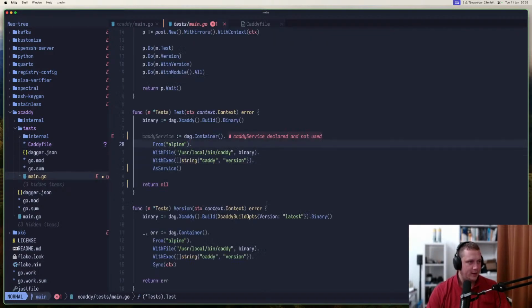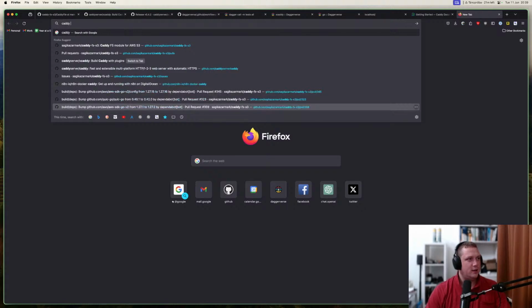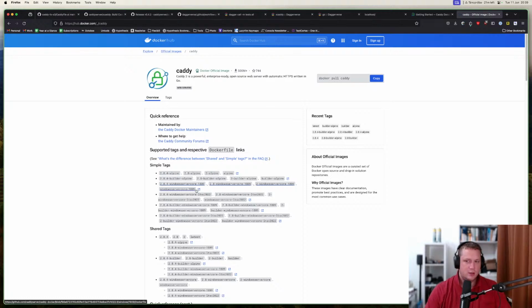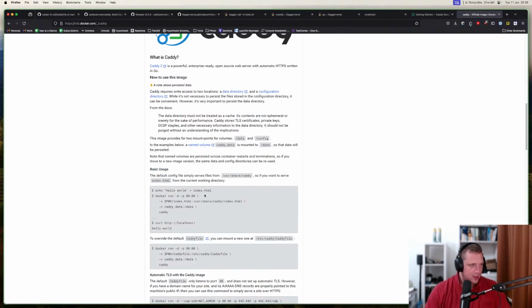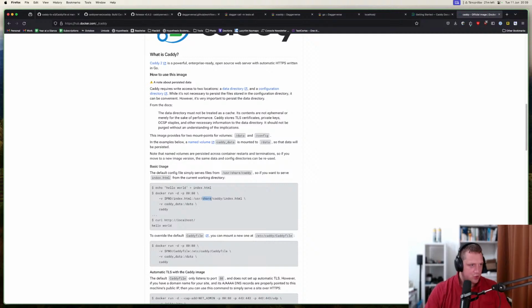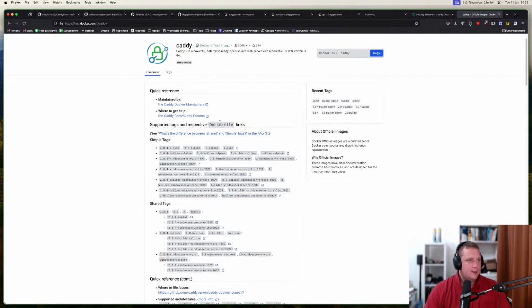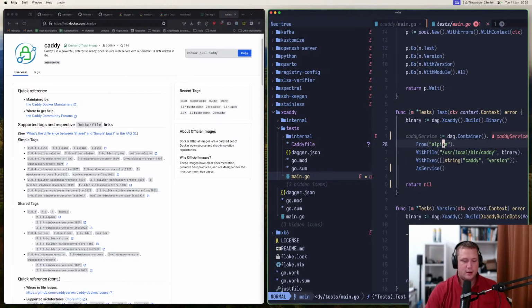Now, xcaddy service. Actually, let's use the official xcaddy Docker official image, because I guess that works. And oh, this works too. Or I can just, okay, this is okay. So let's use here xcaddy,